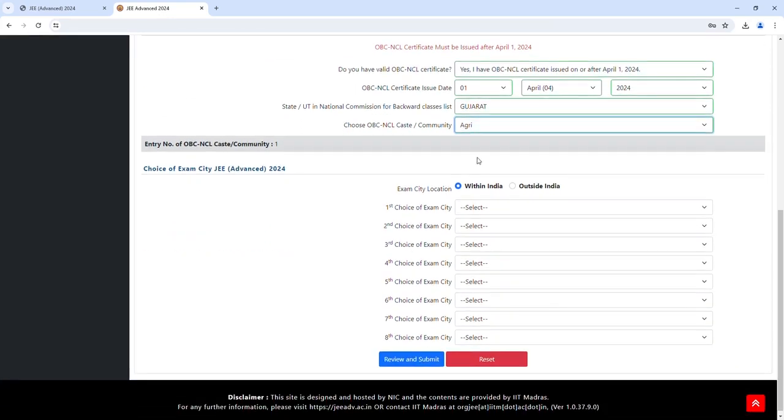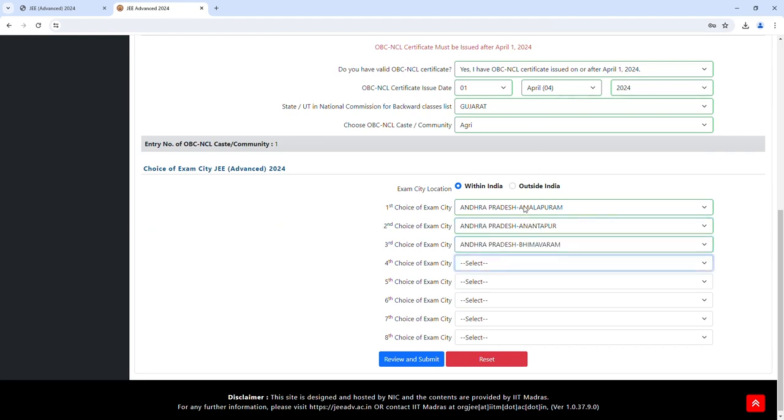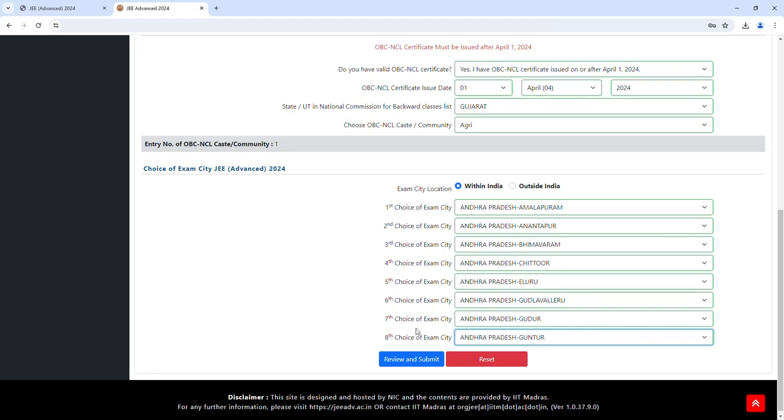You are required to provide a choice of 8 examination cities if you would like to write the exam from centers within India. If you want to write the exam in foreign centers, you will have only one option to choose from the 3 foreign centers available. Please note that the organizing institute will try its best to allocate the choice of your city for the exam. However, under exceptional circumstances, you may be allotted a center outside of your choice.